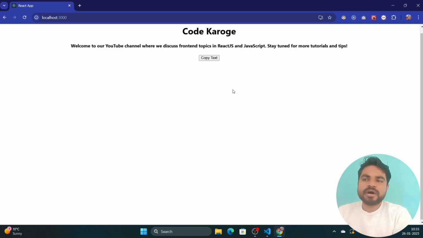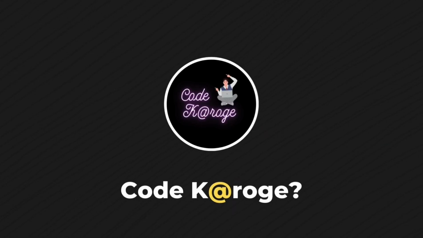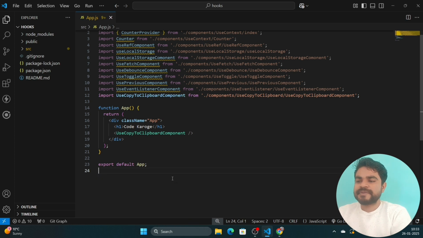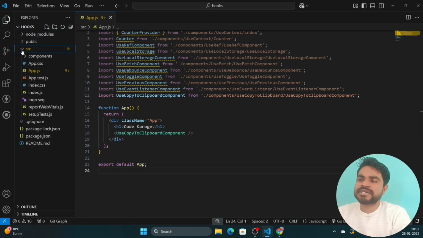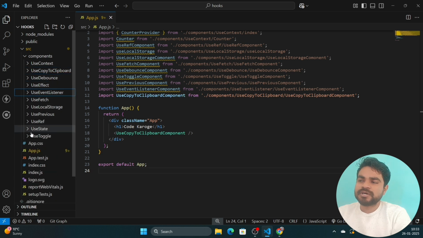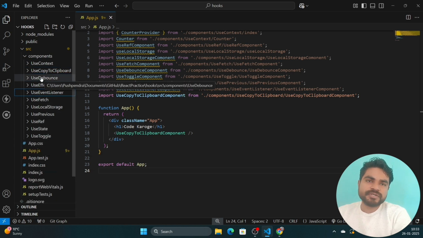So how can we implement this custom hook in our code? For that, we go to VS Code. Before starting the code explanation, let's discuss how the structure works. Here you can see there is the src folder. Inside that we have a parent file named app.js, and a second folder, components. Inside that we created multiple components for the multiple custom hooks we discussed in the previous videos also.